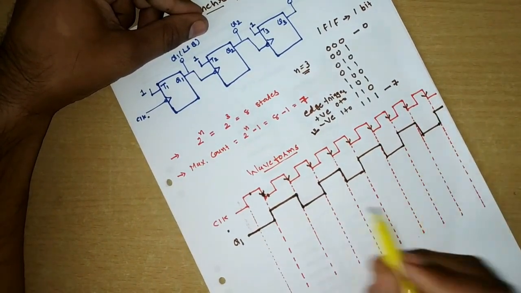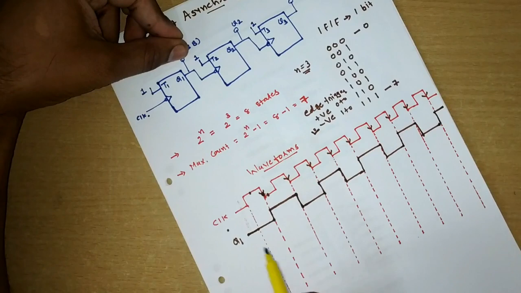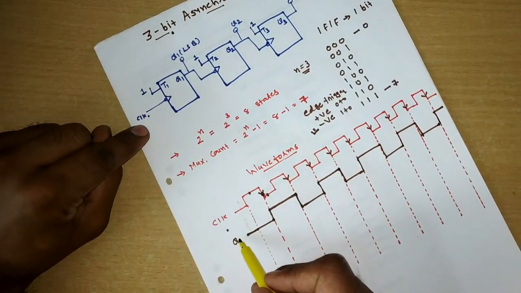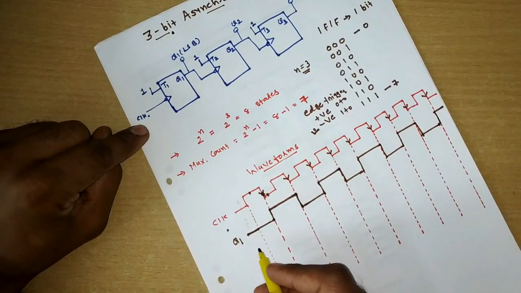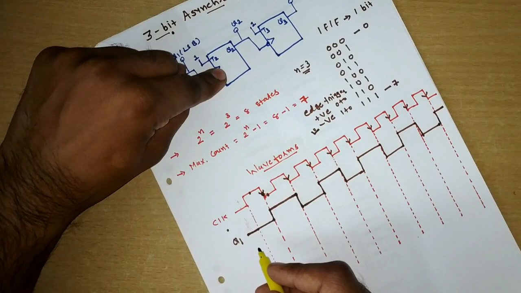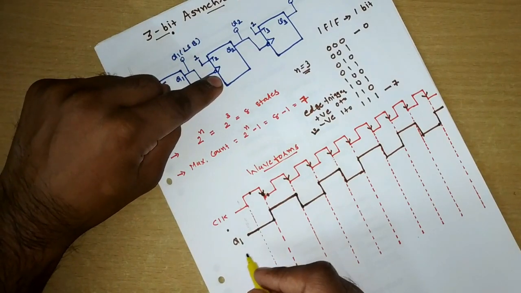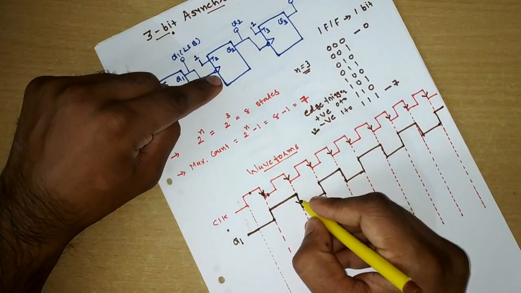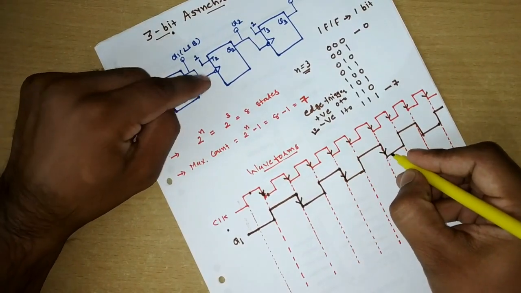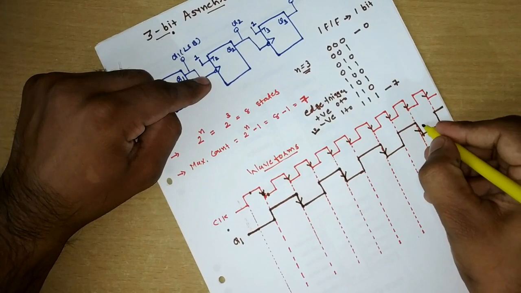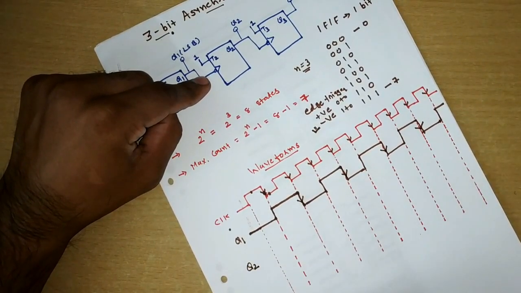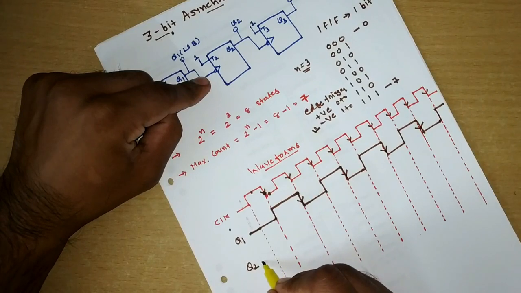Right, so this is the output waveform for Q1. Understand that for Q1 we have used the clock as input, and this Q1 becomes the clock for the second flip-flop. So I am supposed to mark the negative edges of this Q1, because it is going to act as the clock for the second flip-flop. So if I want to draw the output of Q2, I will start again with